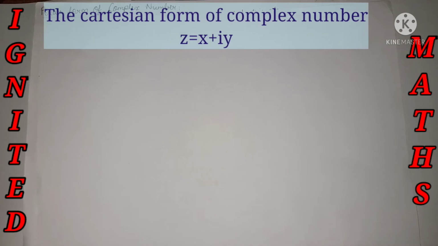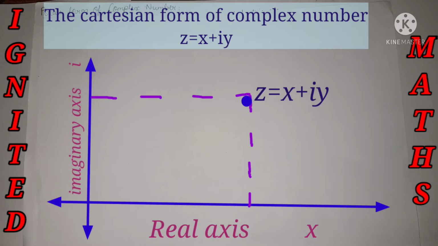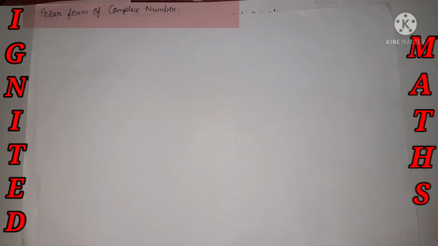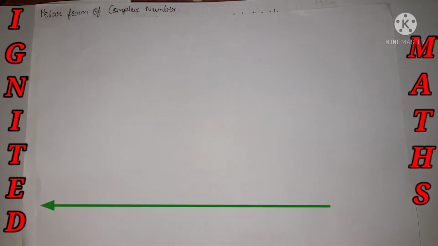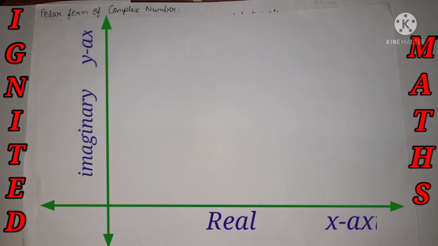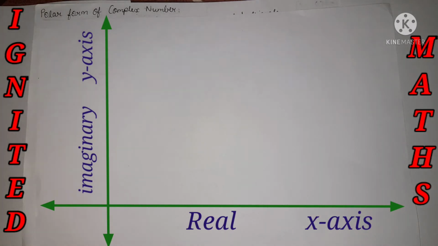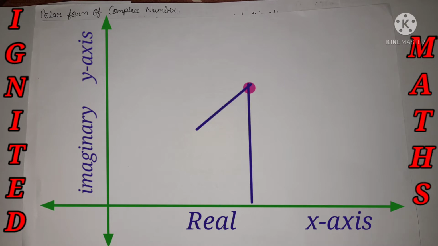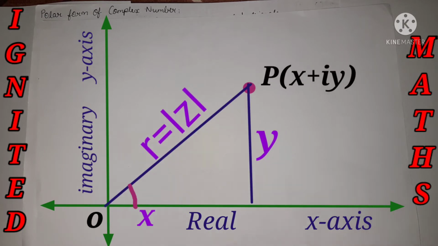We have seen the Cartesian form of the complex number, the standard form, that is nothing but z is equal to x plus iy, in which x and y are real and i is the imaginary unit. It is an imaginary number. We are going to learn the polar form of a complex number. For that, let's take the x coordinate axis and y coordinate axis, in which we name the x axis as the real axis and the y axis as the imaginary axis. Let us represent a point P of (x, y), in which x determines the real part and y determines the imaginary part of the complex number z is equal to x plus iy.